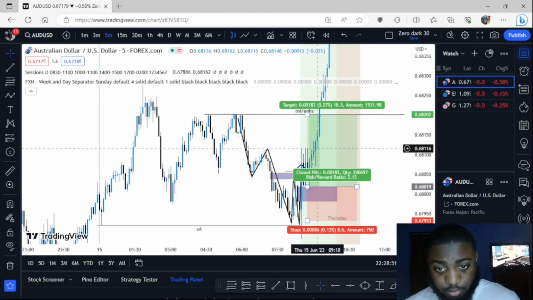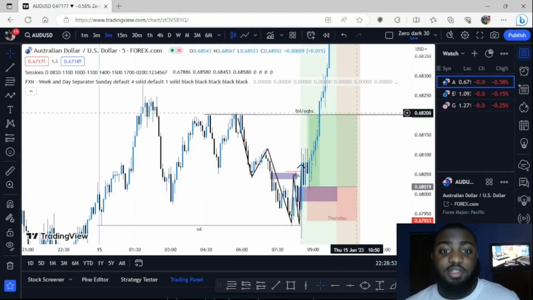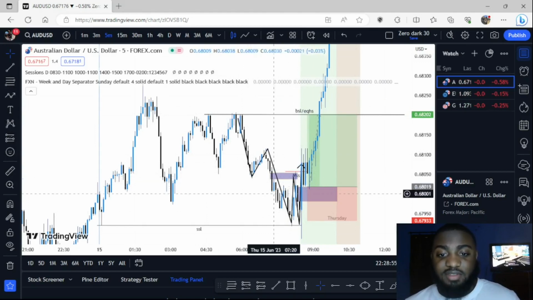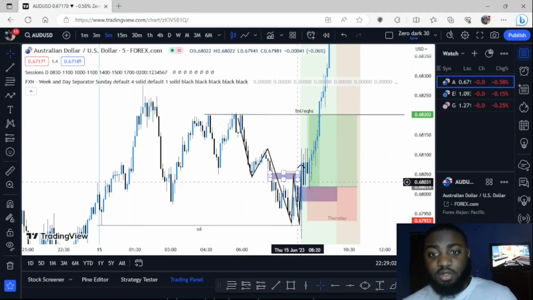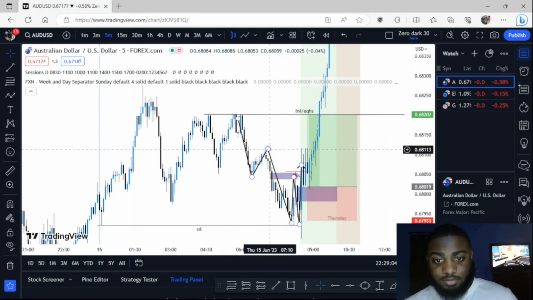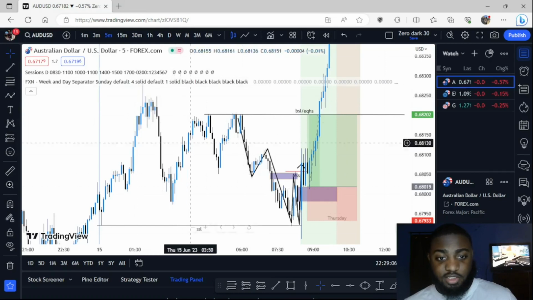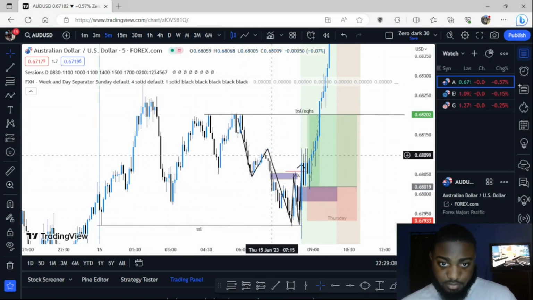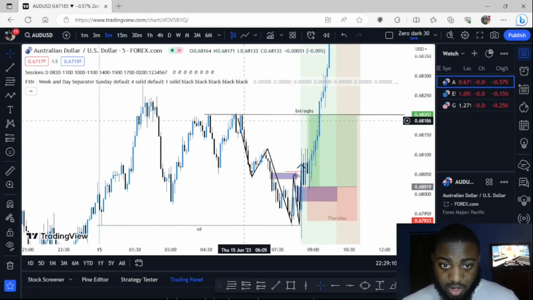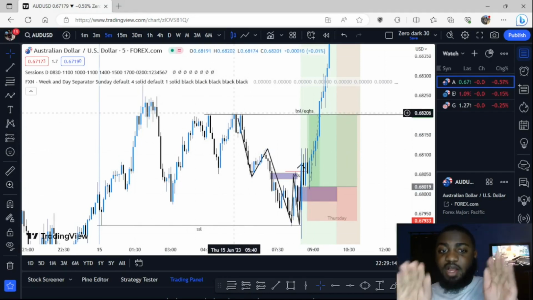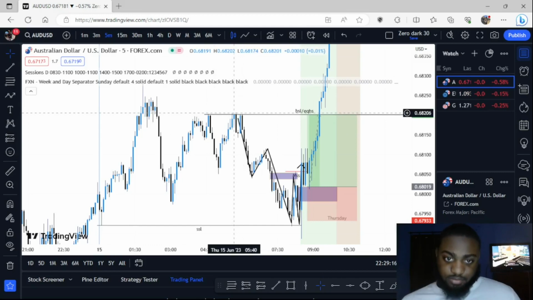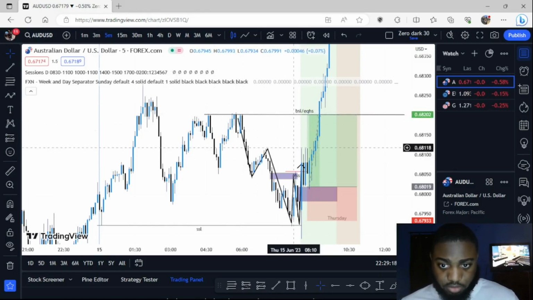Break of structure here bullishly, signifying that price will come up and do what? Since this high is no longer protected because it just got taken out, we know that we're now going to target the protected highs. This is protected, this is protected, this is protected. This is all part of the same trend. These are relatively equal highs, meaning they're not exactly the same, but basically around the same high. You see what I'm saying? Price came and took both of those out.